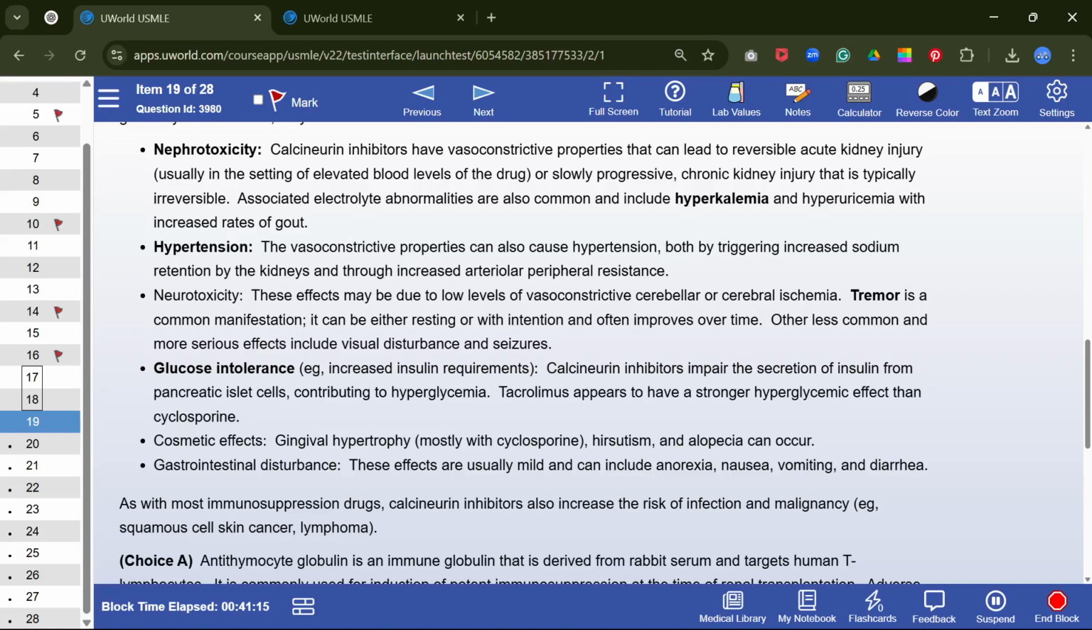Glucose intolerance, increased insulin requirements: calcineurin inhibitors impair the secretion of insulin from pancreatic islet cells, contributing to hyperglycemia. Tacrolimus appears to have a stronger hyperglycemic effect than cyclosporin. Cosmetic effects: gingival hypertrophy, mostly with cyclosporin; hirsutism and alopecia can occur. GI disturbance: these effects are usually mild and can include